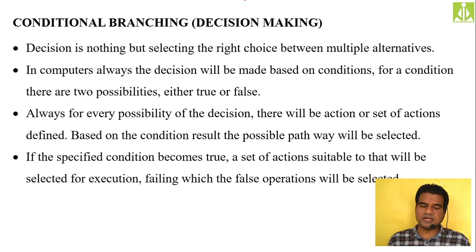And then we started the concept of conditional branching. I have given an example of how we select a particular path from a list of paths. From all possible paths, how we select a particular path based on our decision or our condition. I gave you the example of reaching home from college. If you are moving to your home from the college, you have n number of possible paths. Among those, how you select a particular path based on your decision and your pre-plan, we have discussed.